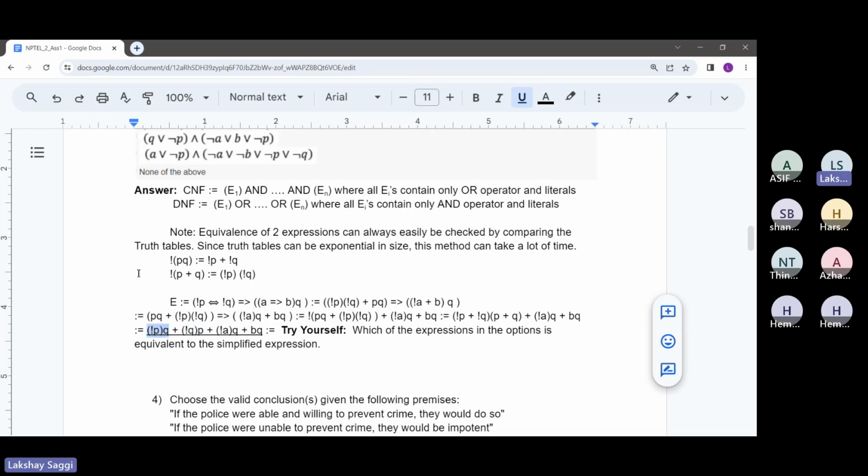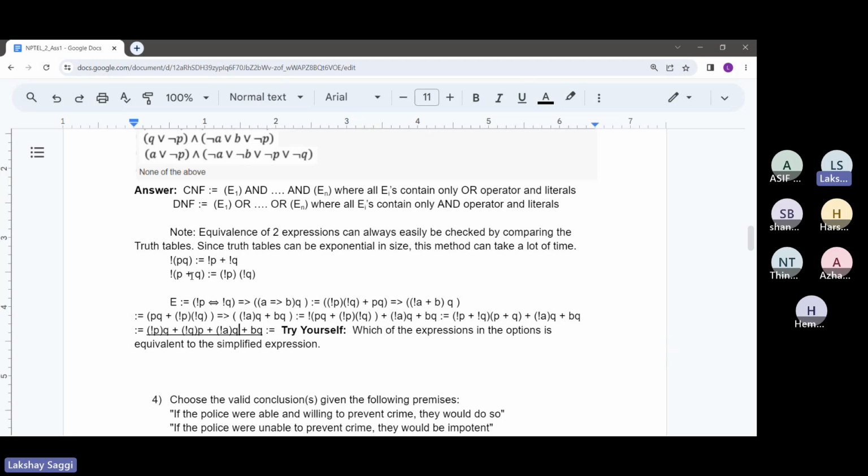So we can individually set each of these terms as true. Let's say not p times q is true. At that Boolean assignment, the whole E will be true. And when not q times p is true, at that point also E will be true. Similarly, when not a times q is true, E will be true. And similarly, when b times q is true, E will also be true. So individually, we can say that E will be true when BQ is true, that means when B is true and Q is true. So whenever B and Q both are true, then E will be true.